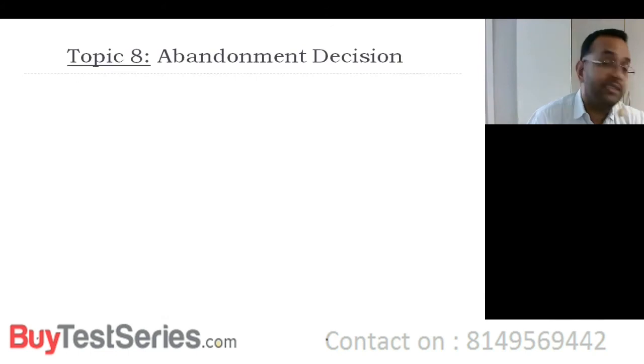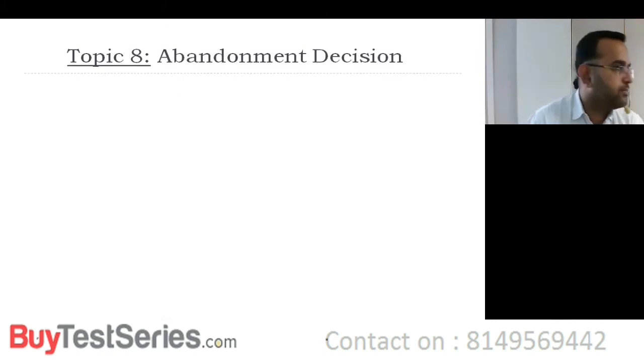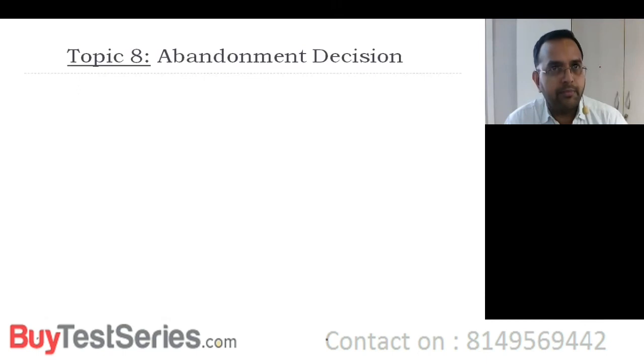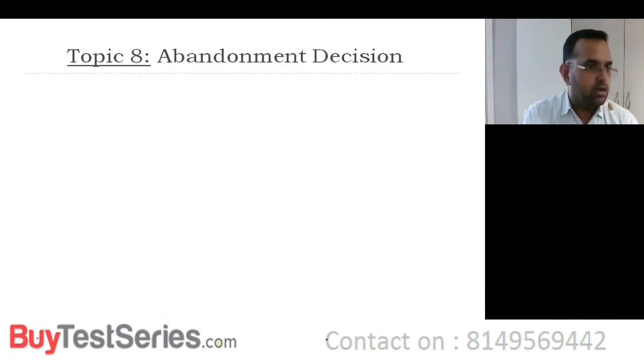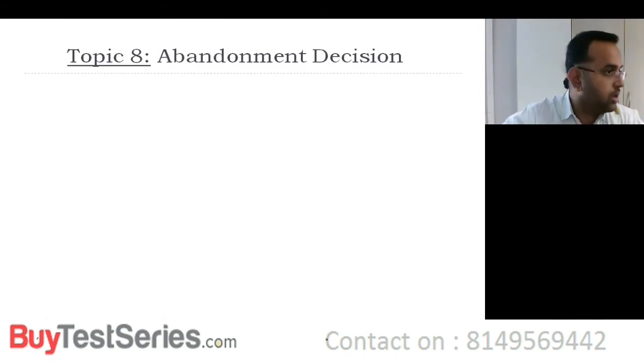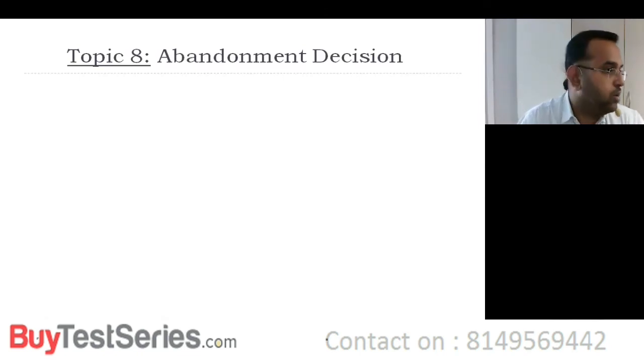You can quit. So please understand, if you have 2 projects, abandonment also reduces the risk of the project. When you are evaluating the NPV of both the projects, you cannot just simply go by NPV based on cash flows. Abandonment is a feature that you have to consider. And how we are going to incorporate it in our decision making, that's what we are going to talk about, right? Now, what do we say? A project which can be abandoned is less risky compared to a project which cannot be abandoned. Put the other way, if you are using the same discount rate, a project with abandonment facility will result in a higher cash flow, net present value, compared to a project that does not have an abandonment facility.